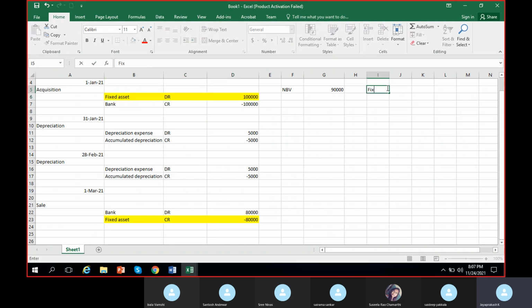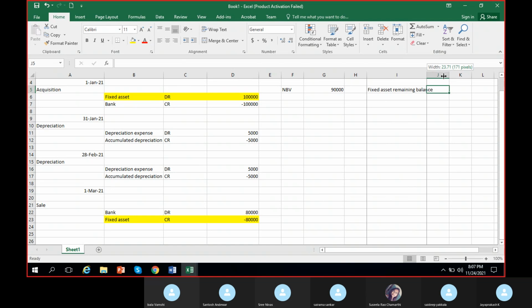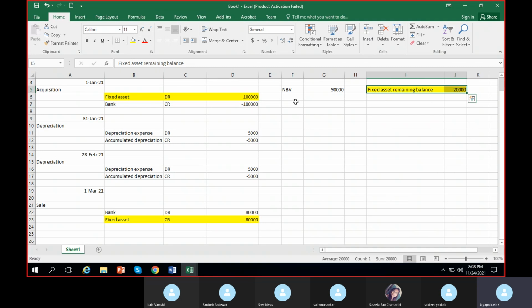So fixed asset remaining balance is, just write it clearly. Fixed asset remaining balance is 20,000. Okay. So I'll also paint it in yellow so that you can link them. Then